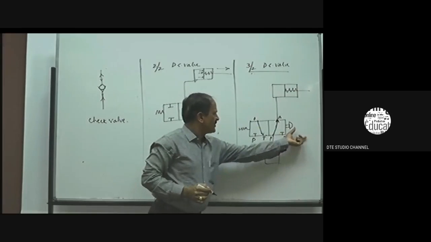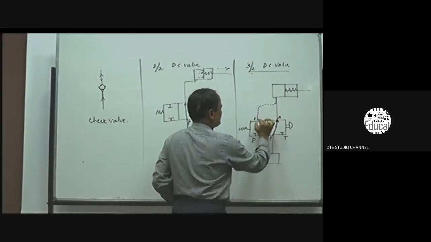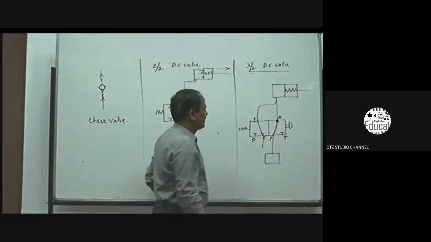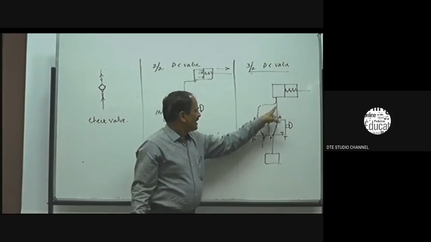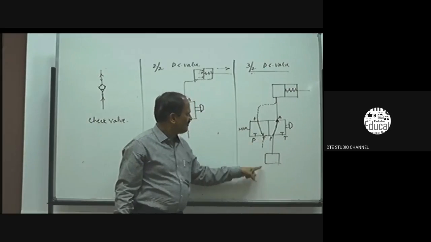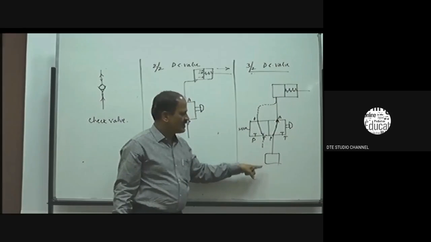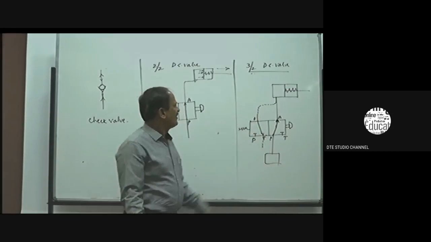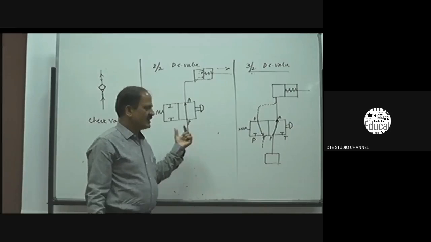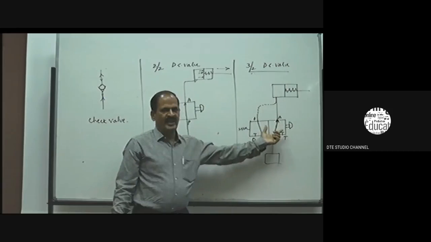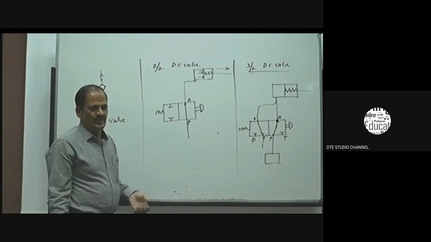Whenever the push button is released, the connection is reversed. After releasing the push button, it comes to the second position. Second position means connection is made from A to T. Fluid present in the cylinder flows back from A to T to the reservoir. So this is a type of 3x2 DC valve. Usually 2x2 and 3x2 DC valves are operated by the actuating element push button. A hand lever is not required for these two valves.